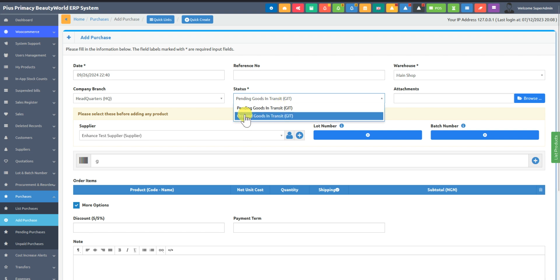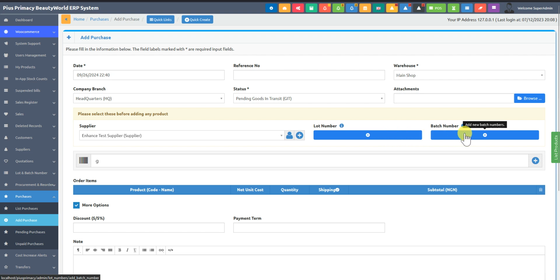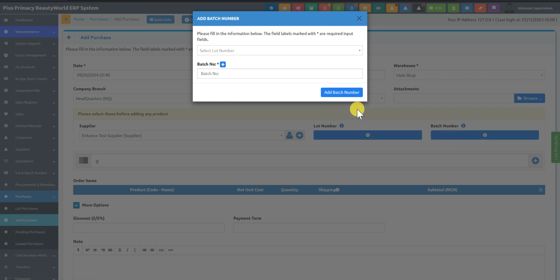We can either select any of these statuses here. So we can select it as pending and proceed from there. Then if you have enabled the product to use lot and batch number, you can also create a lot number from here, or create a batch number from here. By the time you click on these things, the system will also bring you